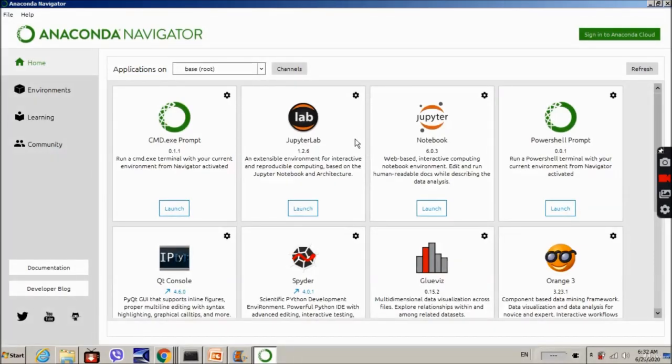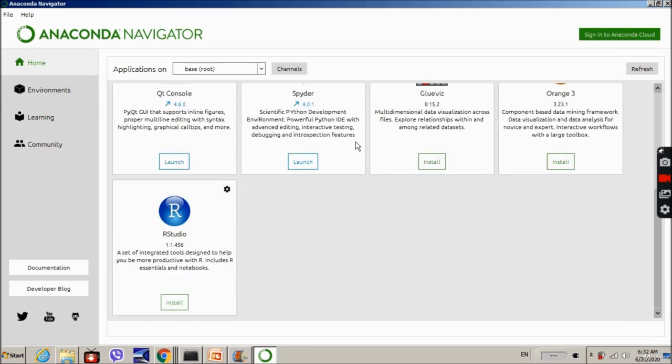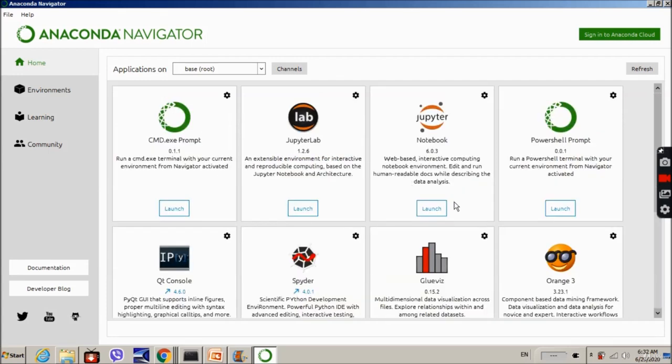Navigator on your desktop icon will launch this screen in which there is something called Jupyter Notebook and Jupyter Lab. You will click on Jupyter Notebook to launch the program,